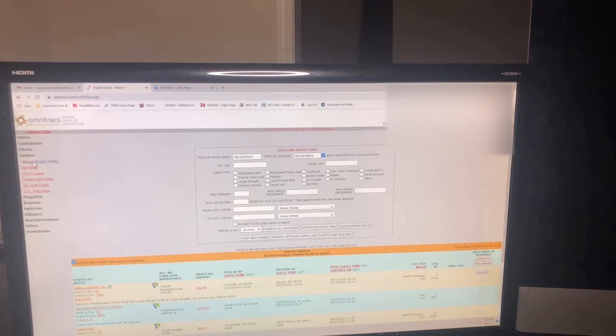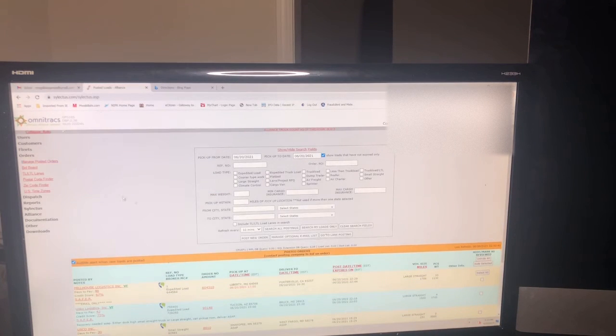So if you click on the orders and then click on manage posted orders, this window comes up and this is where you are required to enter the date, and if you have availability of a unit, this is where the day you have availability. So it's usually arranged from the pickup date,